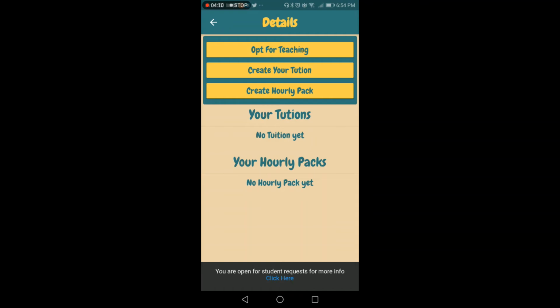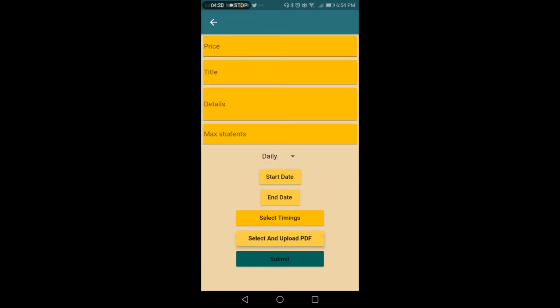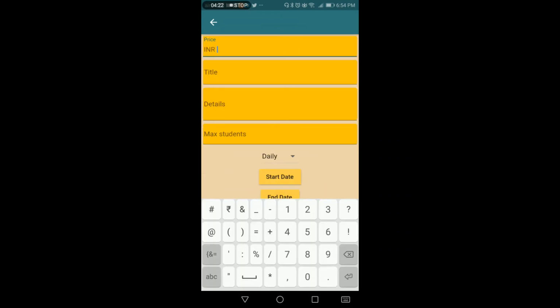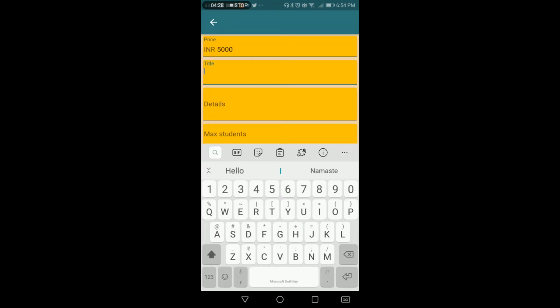The second is create your tuition. Create your tuition is like how you conduct tuitions, but with a complete digital mechanism. So you can create the tuition like this. Once you hit this button, you have to set the price. Suppose you set the price for tuition as 5,000 for CBSE